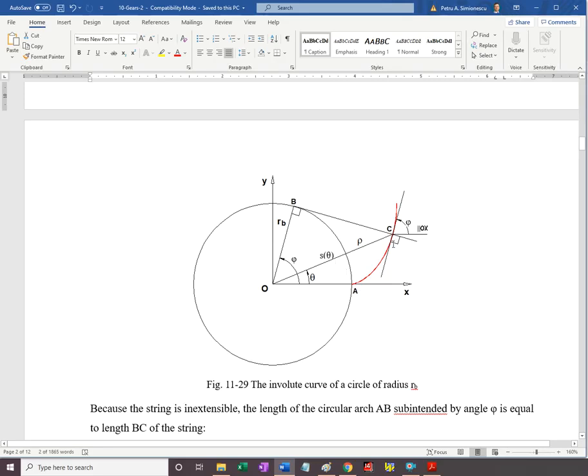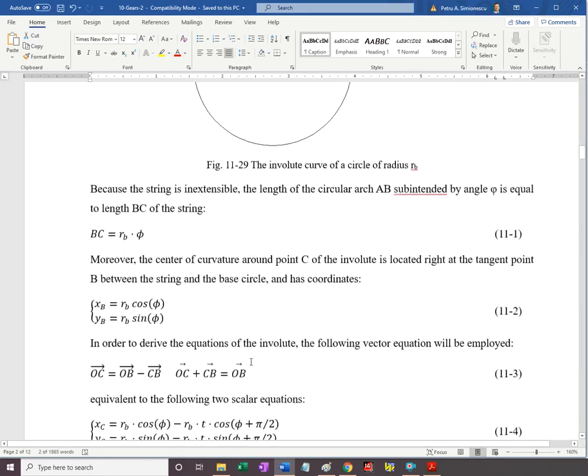Another property is that the radius of curvature of the involute curve at this point is equal to this segment. In addition, because of the 90-degree angle at both B and C, we have angle phi common as shown, and using